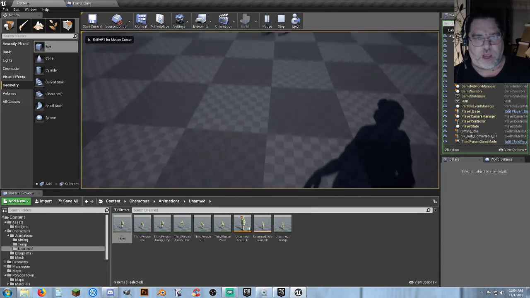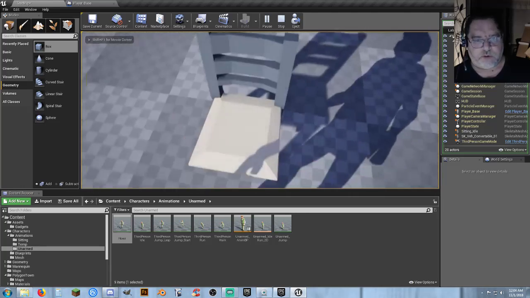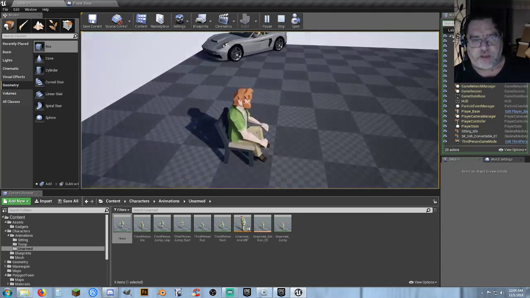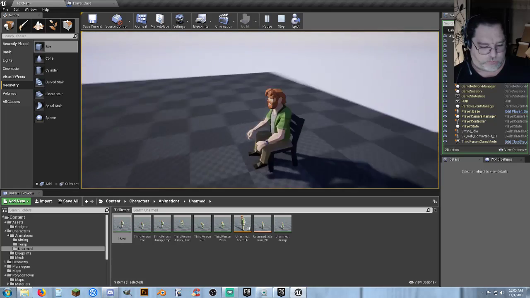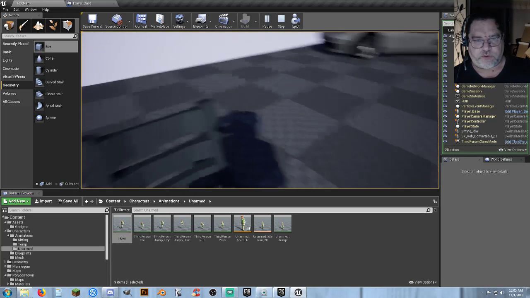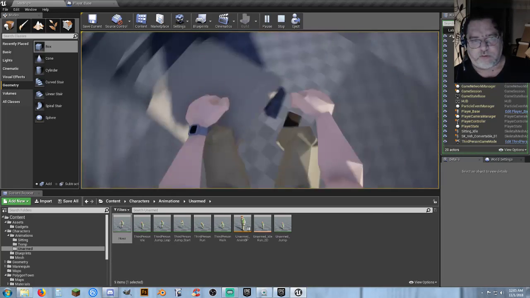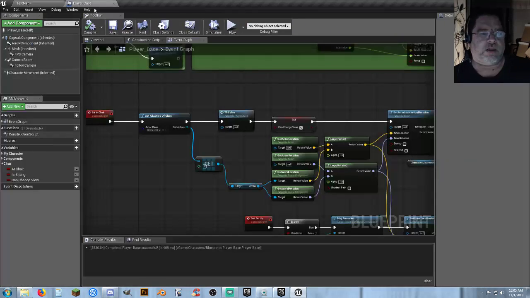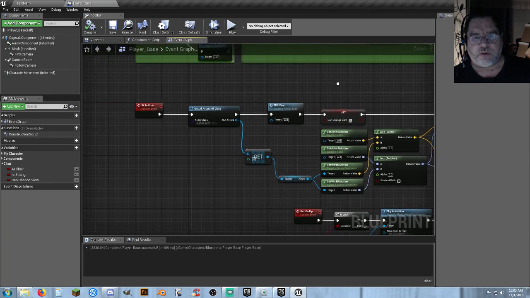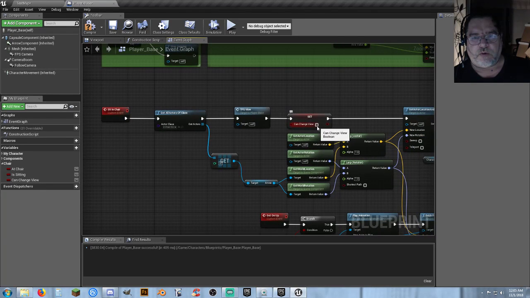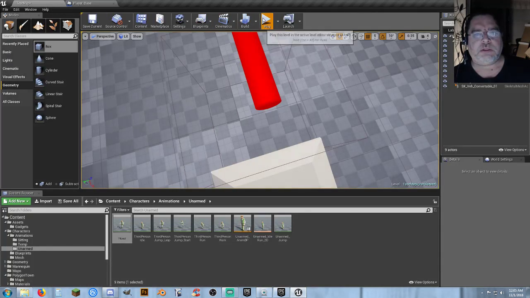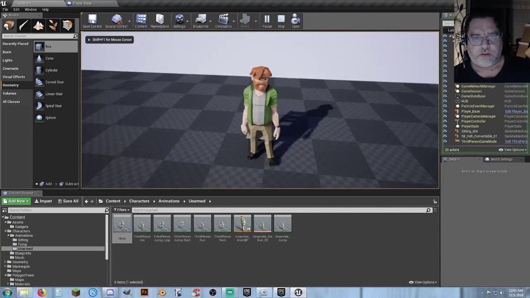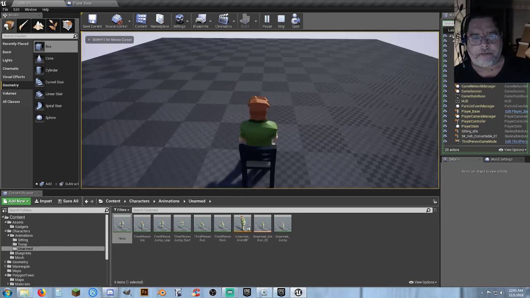Because I'm in first person view, nothing you can do about it. Bam, it throws me in third person view. Like, well, screw you, I'm going to use first person view, and it still worked. Oh no. So we got to fix that. Can change view. Oh, uncheck it. So now we sit down and